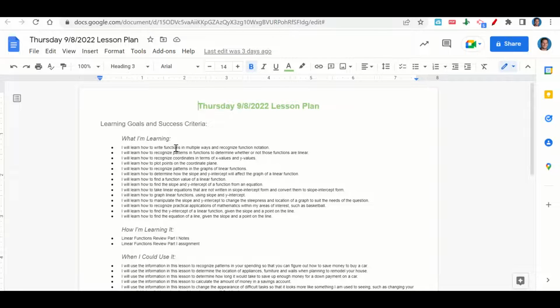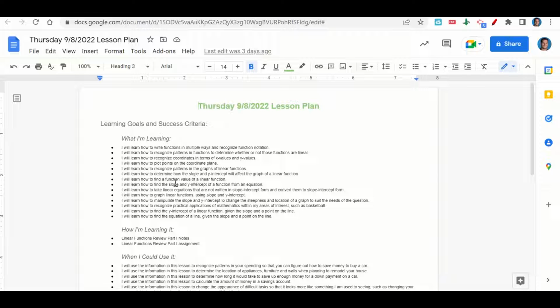We're learning how to write functions in multiple ways and recognize function notation, to recognize patterns in functions to determine whether or not those functions are linear, how to recognize coordinates in terms of x values and y values, how to plot points on the coordinate plane, how to recognize patterns in the graphs of linear functions, how to determine how the slope and y-intercept will affect the graph of a linear function,